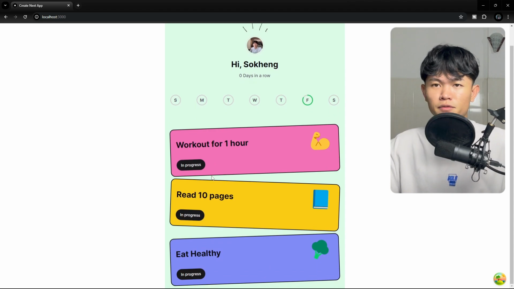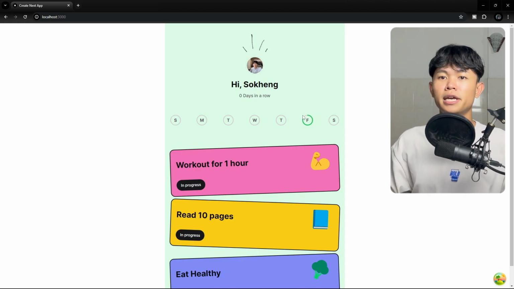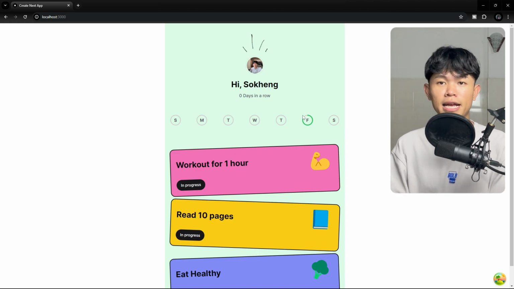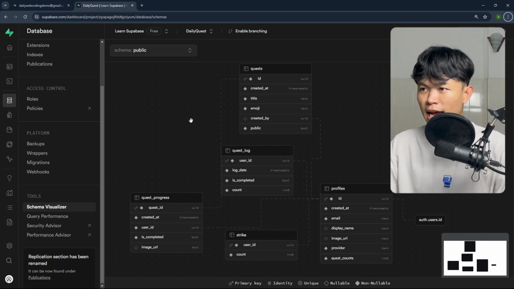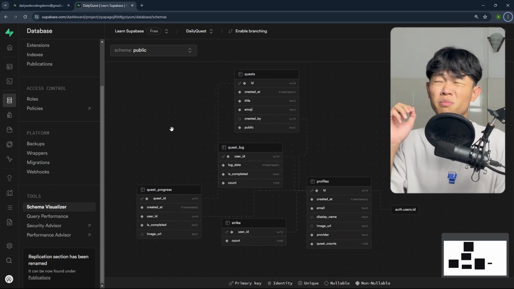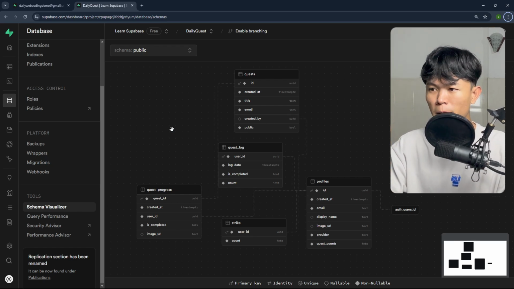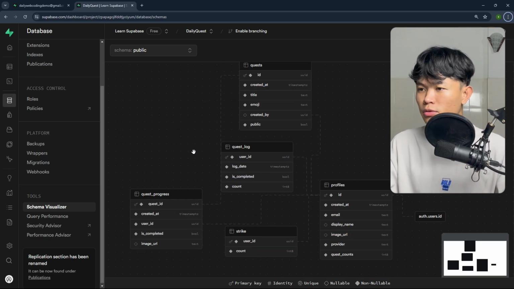All the data here is fetched from the database, and we have this today section. You can see today's date is Friday, so that's why we have this data for today, and we have this progress right here. Now let's take a look at the database. When I connected this, was there any change from my previous video when I designed it in the first place? If you look at the database design right now, currently I created only 5 tables. There's probably 1 or 2 more tables for the challenges, but as of now, let's take a look at what I've been doing so far.